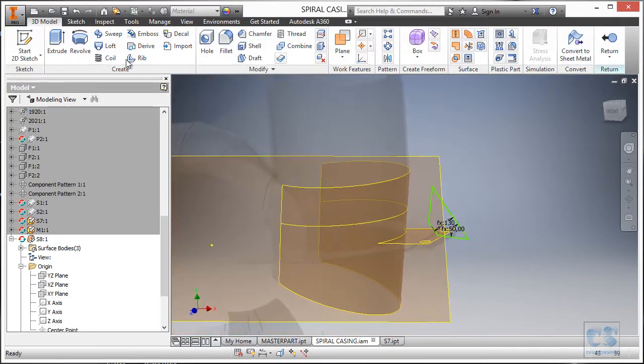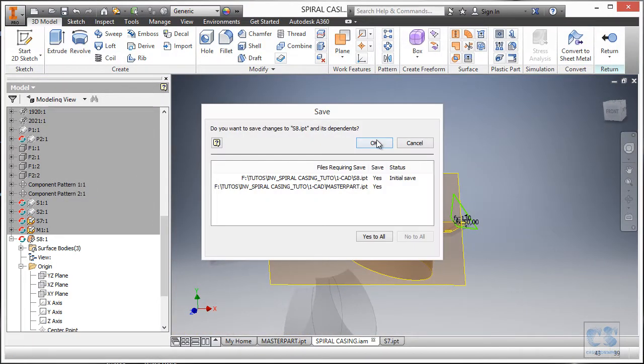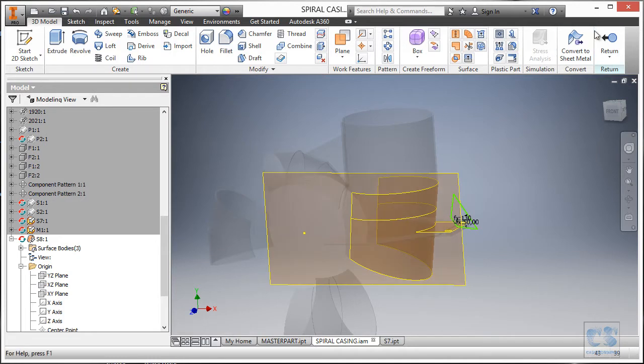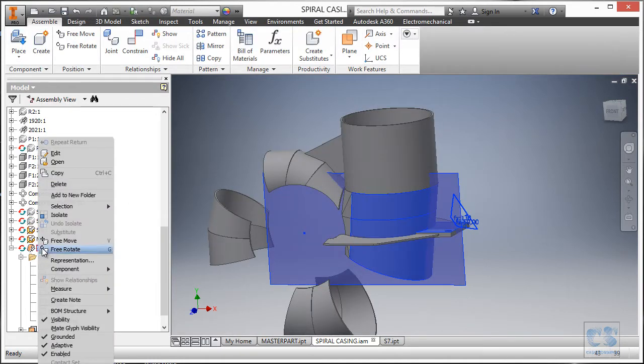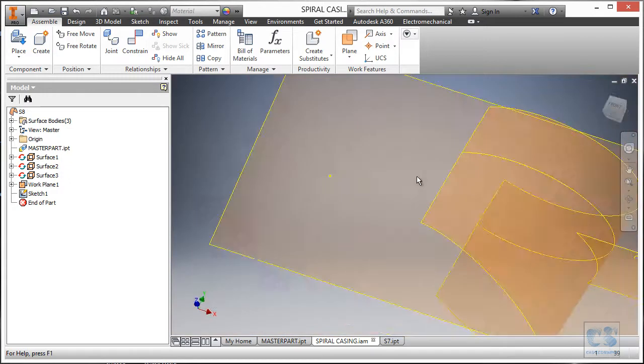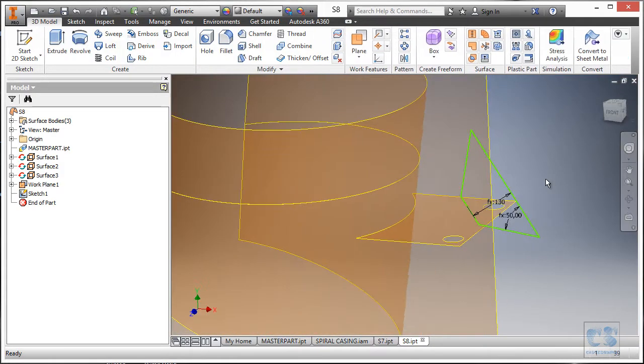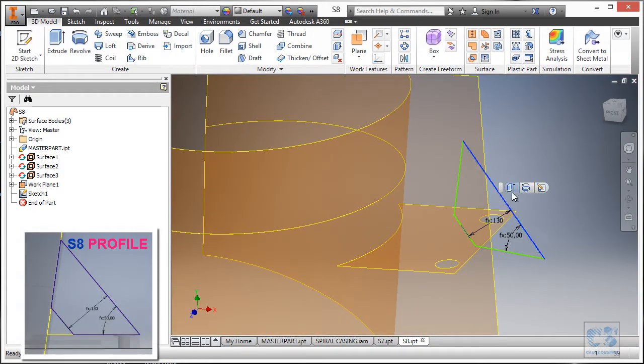So we just finish this, save the assembly, and return, and let's open it in a separate window. I really wish I didn't have to do that, but it is what it is.